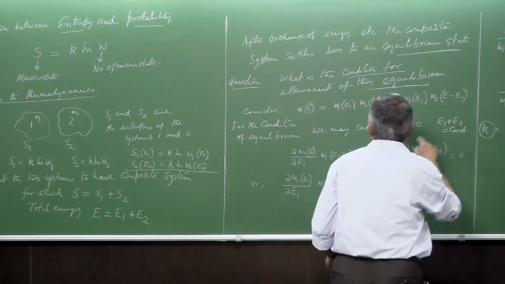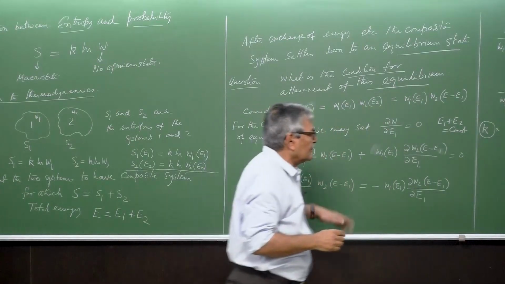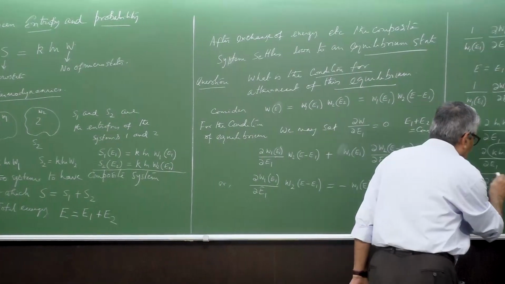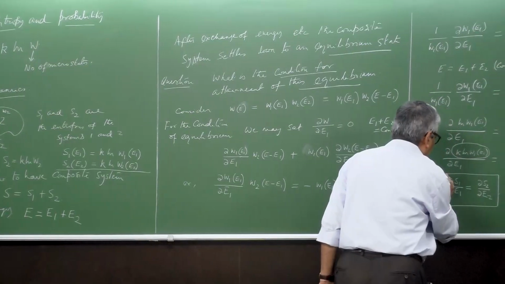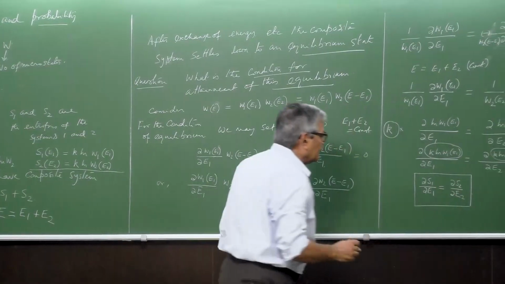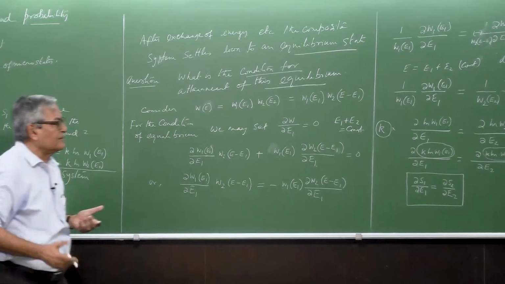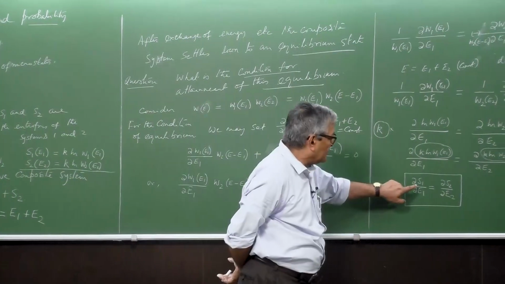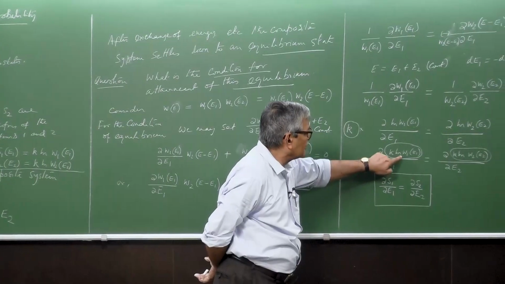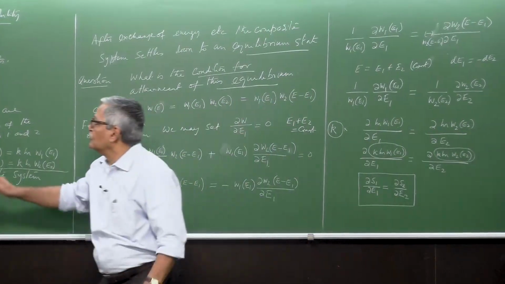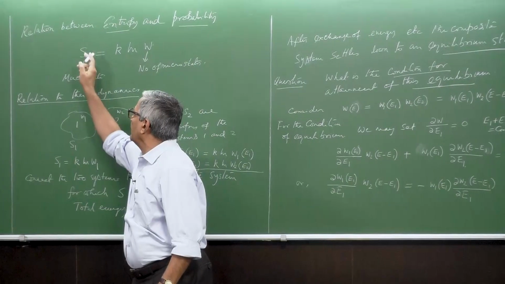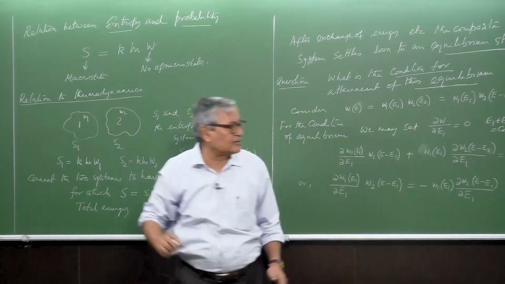Subject to this condition, that brings out a relation like this. So this is basically the derivative, and what do these derivatives actually mean? This is the derivative of entropy, but S is defined as S equal to k ln W, the Boltzmann definition, where we connect the macrostate with the microstate,